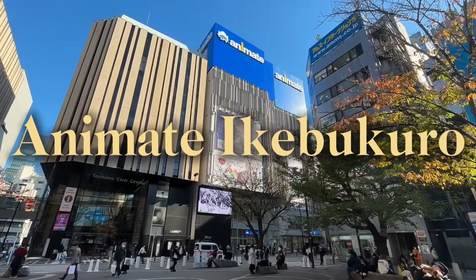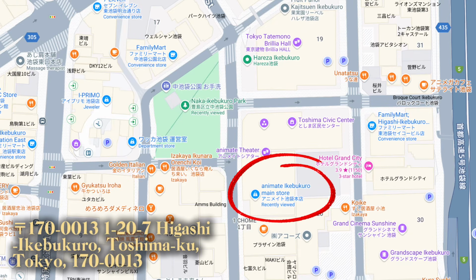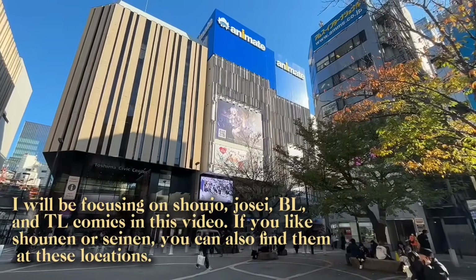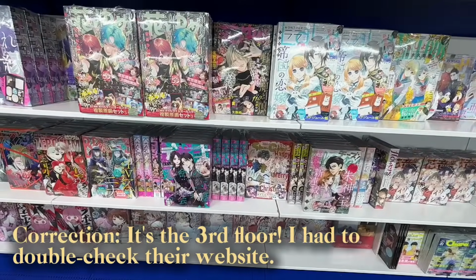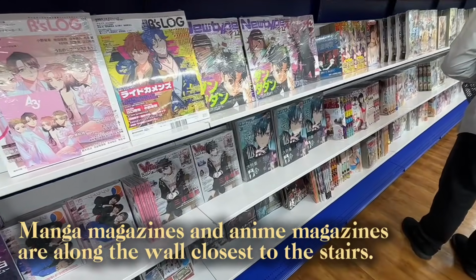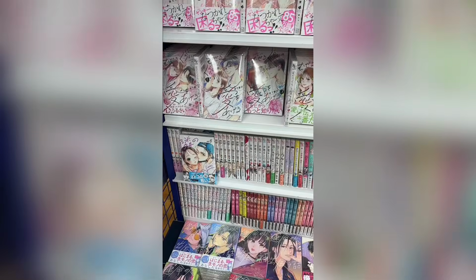The first place I'm going to recommend is Animate Ikebukuro. Ikebukuro is honestly the best place for any Josei fan. This area, as opposed to Akihabara, is just a lot more female friendly. So when you walk into Animate, the second floor is where they have Shoujo, Josei, BL, and TL comics. And you can find everything from manga magazines to just anime related magazines, drama CDs, and of course, a ton